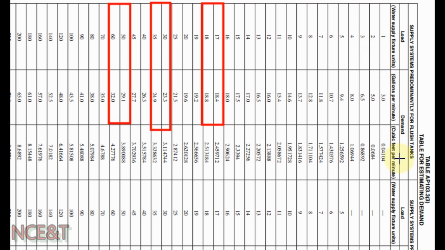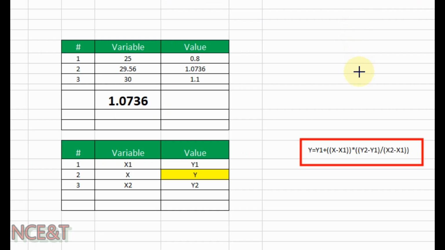But the load values in table AP103.33 are 1, 2, 3, 4, 5. For 17.2 we will not find a value, we will find it for 17 and 18. For the same 34.4 value we will not find it, we have values for 30 and 35 water supply fixture units. We have one load value 51.6, but you can find here 50 and 60. There is no 51.6. In order to solve this problem, we will use the linear interpolation formula to find the GPM